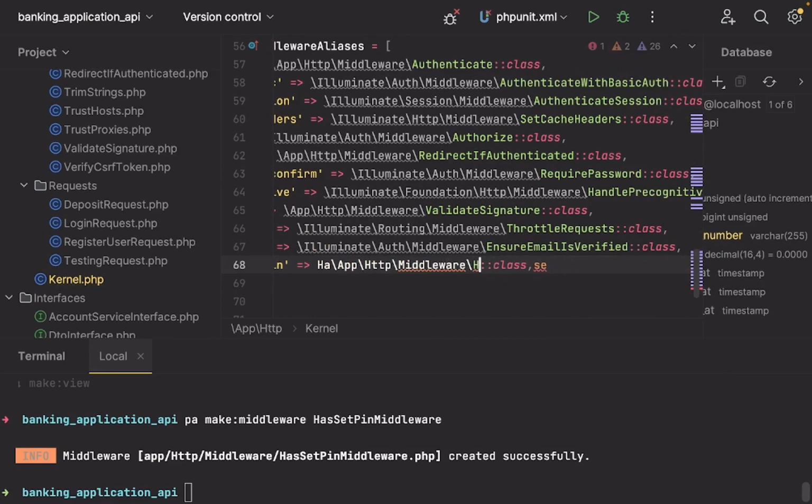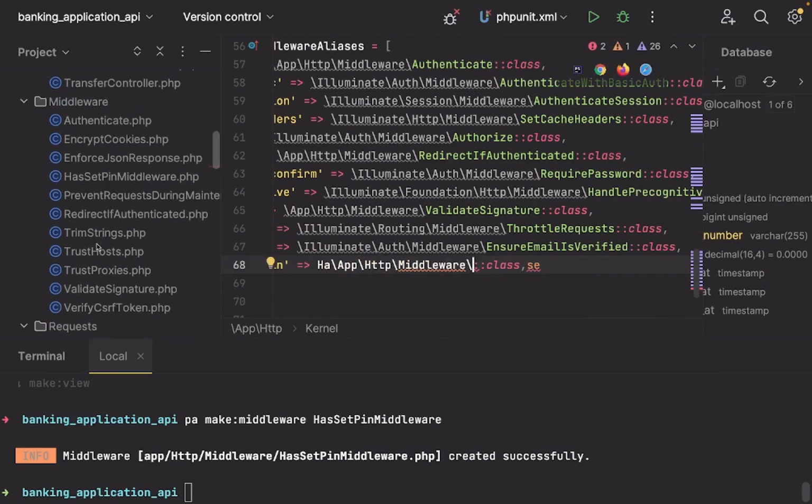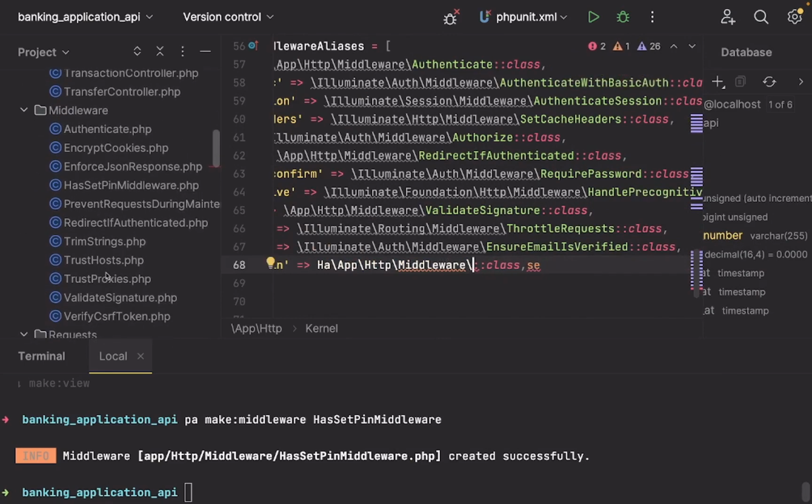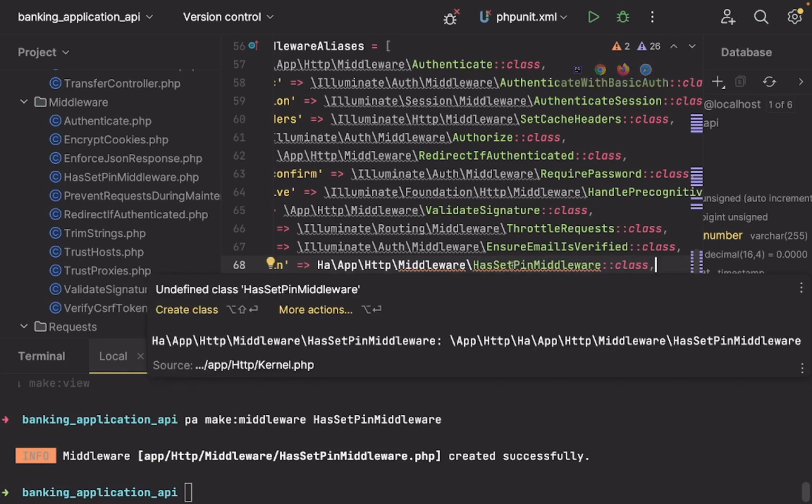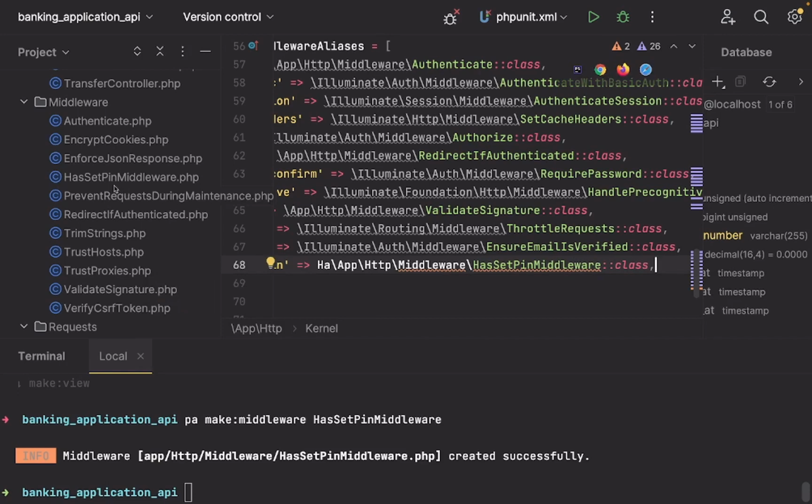Let's see what's the name of the middleware that we created. Set pin middleware. Okay,